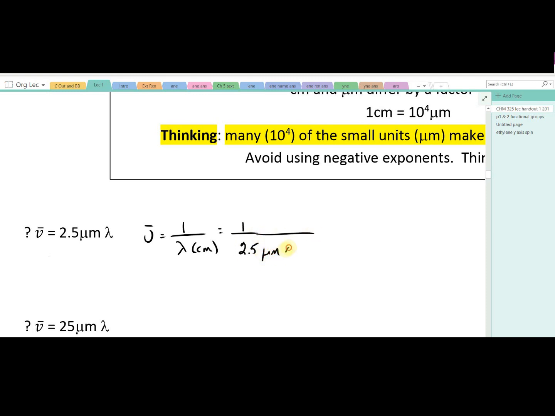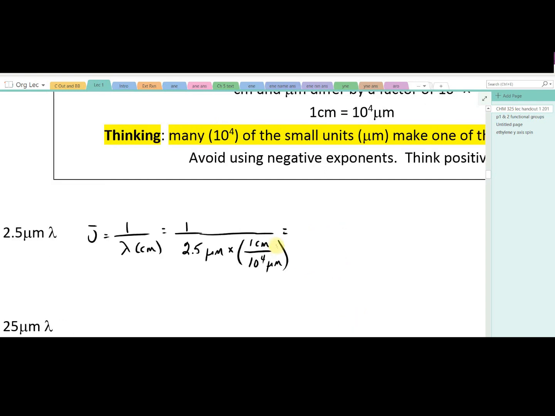And we'll convert that to centimeters. So there's 1 centimeter per 10 to the 4 microns. I can invert and multiply this fraction and write this as 10 to the 4 microns per centimeter divided by